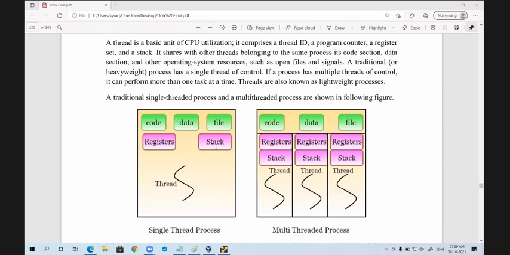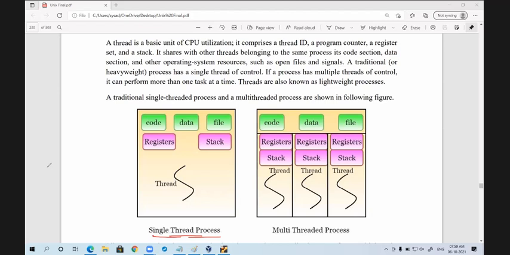Every process is a single thread process. Till now, every process has only one thread. Main is a thread, the main thread. If you think from the thread terminology point of view, main is a thread, a lightweight process.